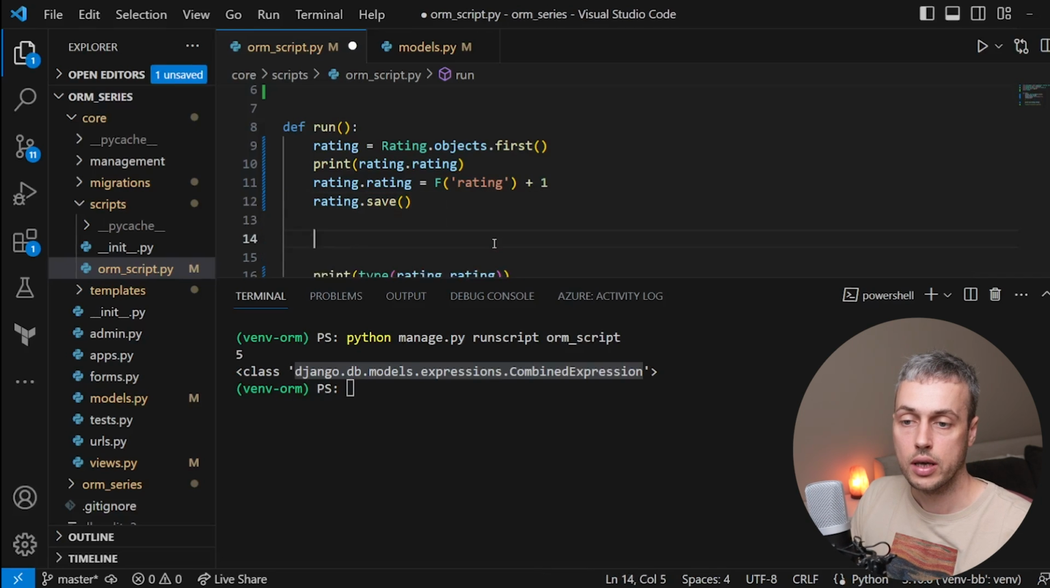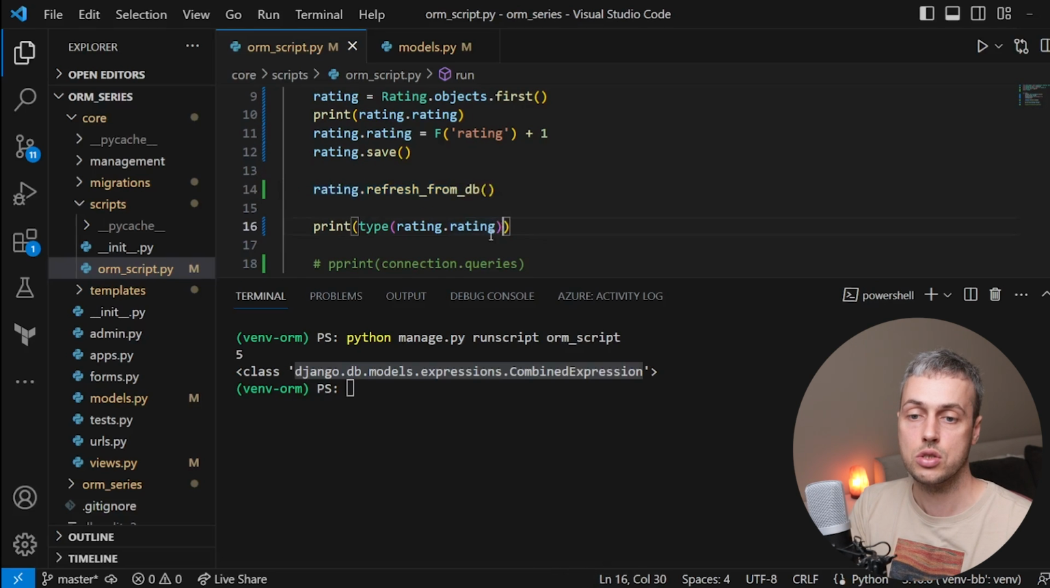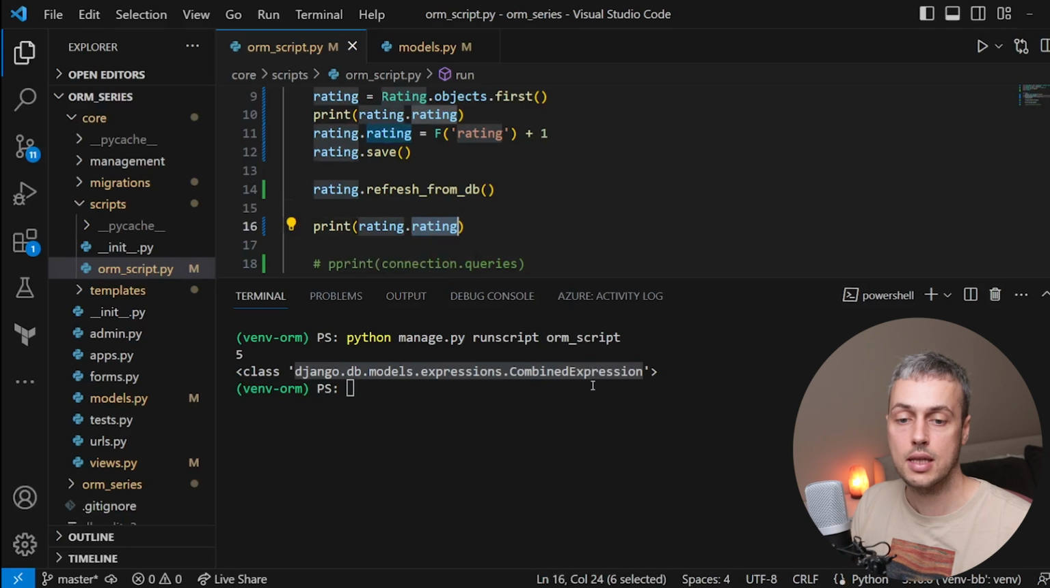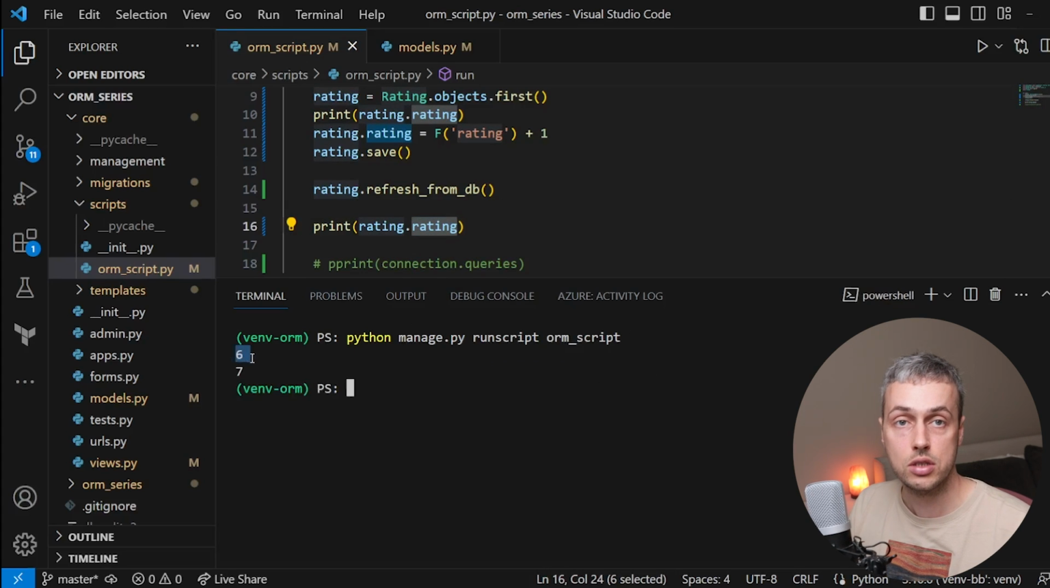So if you need that value again, what you can do is call rating.refresh_from_db. The refresh from DB function will then pull that new value out from the database into the memory of your application. So let's change the type statement that we have below here and return the rating instead. If we run this script again, we're going to see that we have a rating of 6 initially,